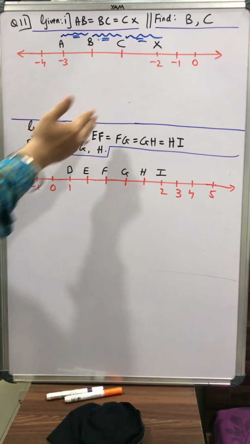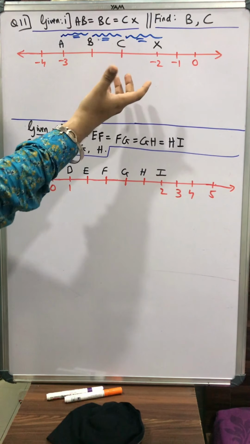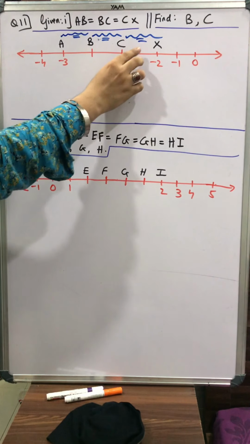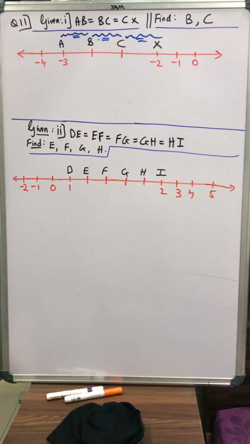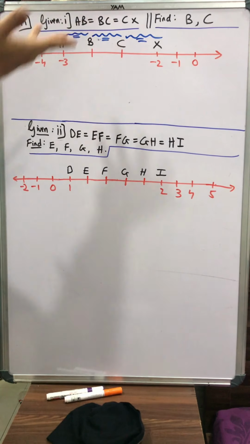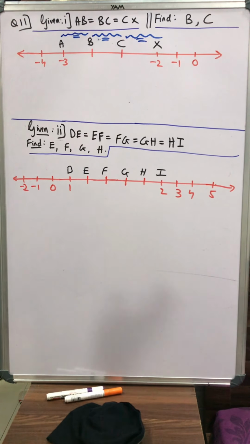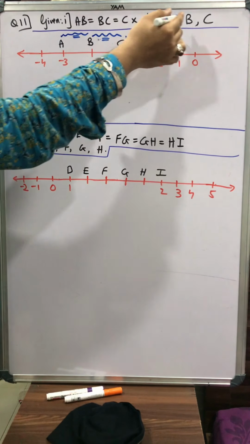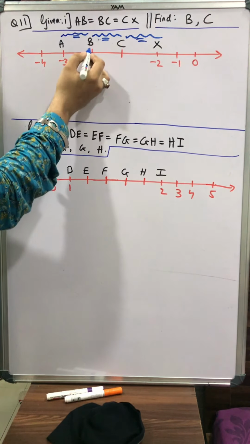So I have to divide the cake. My piece of cake starts from -2 and ends at -3, and there are 3 equal parts: 1, 2 and 3. Great. So whatever we think and how we divide, they have already given to us. It's so simple. Just looking at the question, it feels like a very difficult question. Okay. Then they are asking us what's the value of B and C. We have to find the values of B and C.